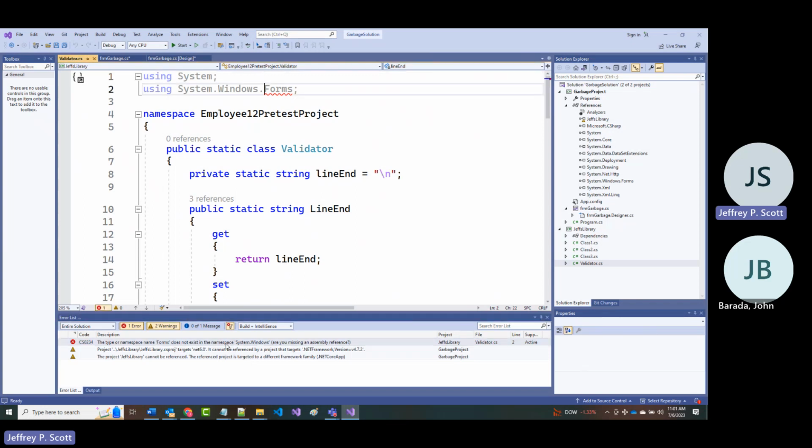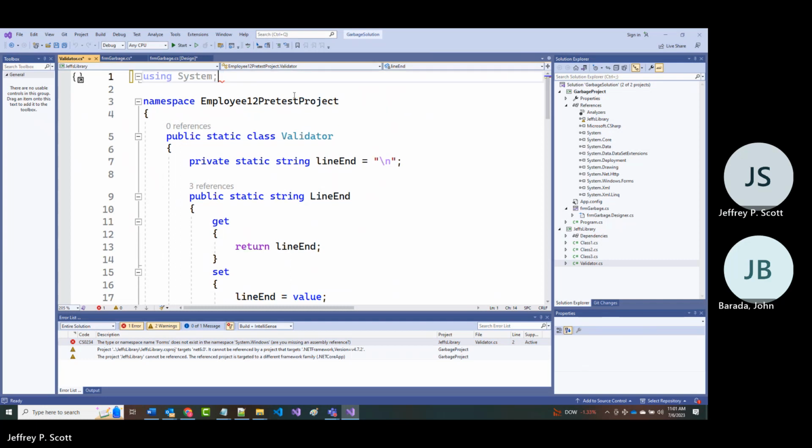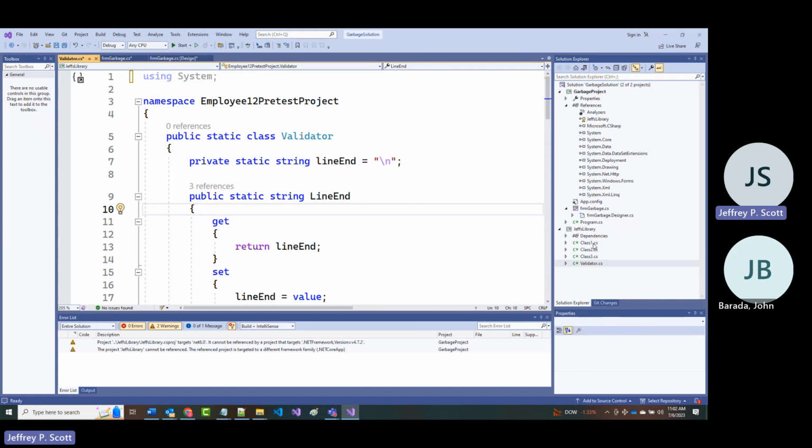Now it says that this does not exist here. Let's just remove that. All right. So you can either add your own classes to a class library. You can bring in existing classes to a class library. Okay.